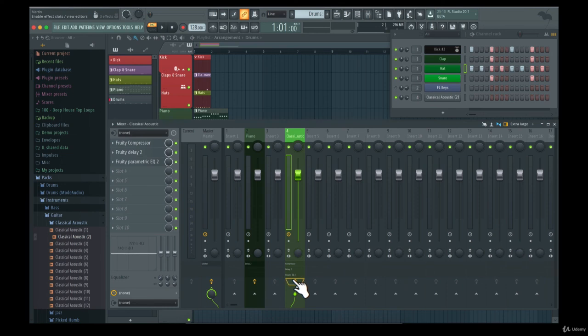Then we have the names of the plugins here. Then we have enable effect slots, so you can enable or disable all